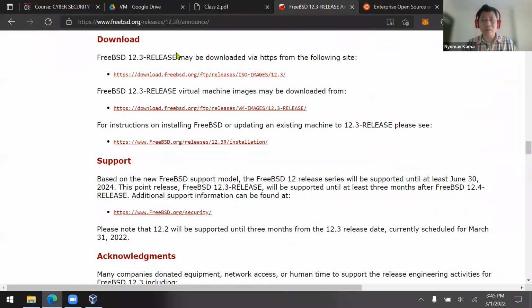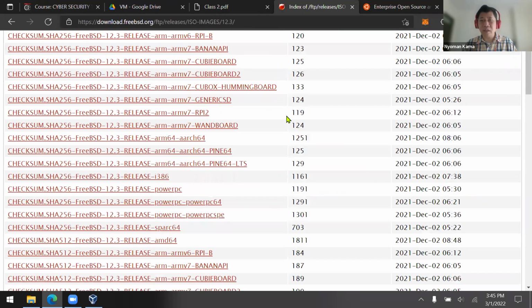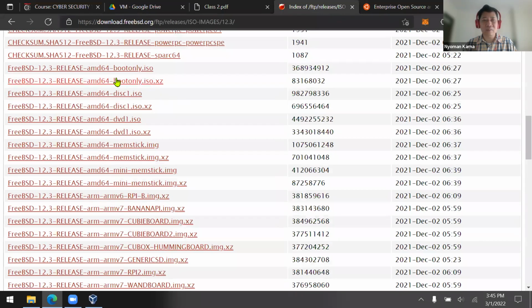This is the ISO image. Okay, this is the checksum. Okay, this is FreeBSD, this one. So you need to download around 1 gigabyte. And I believe for some of us, it's quite big to download a 1 gigabyte file. So that's why in this course, we're going to use only FreeBSD 4.11.